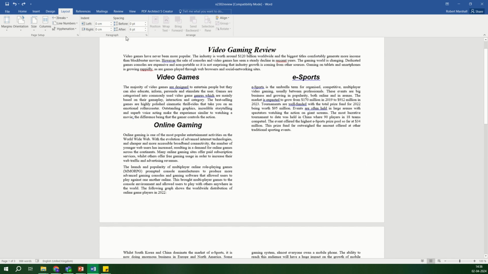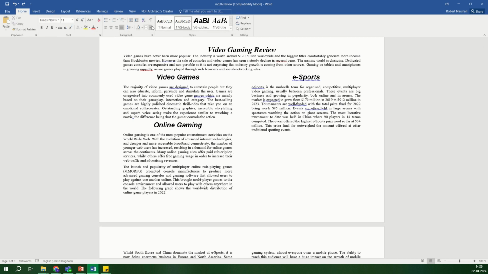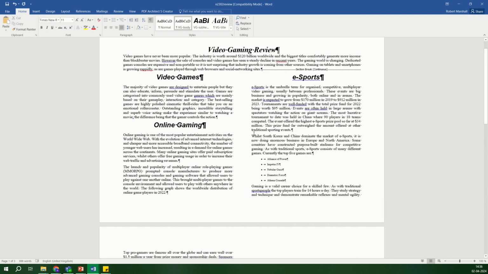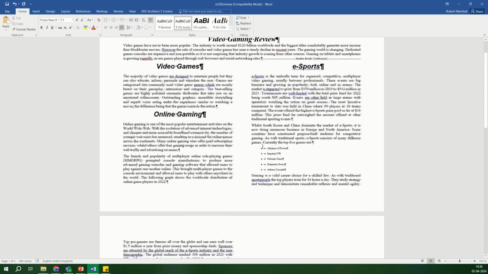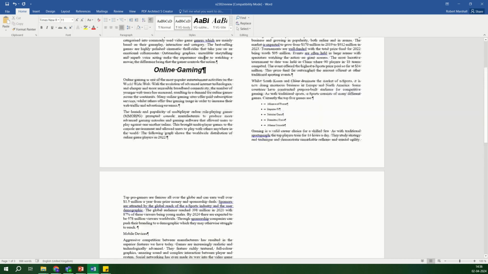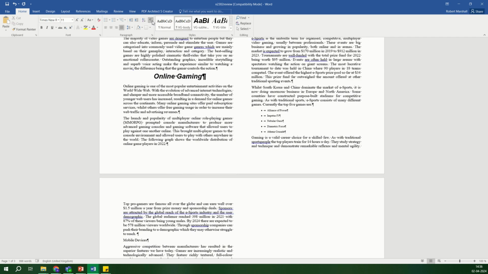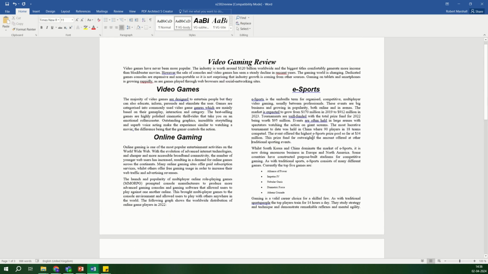Another way you can do that is go up to home, and you've got this button here in your paragraph tools, which is show or hide. Okay, and that shows you any hidden formatting, like paragraphs and page break. You can see here it says page break. So if I delete that page break, it automatically joins the text together. Okay, and then just click on that to get rid of those hidden paragraph formatting. Okay,